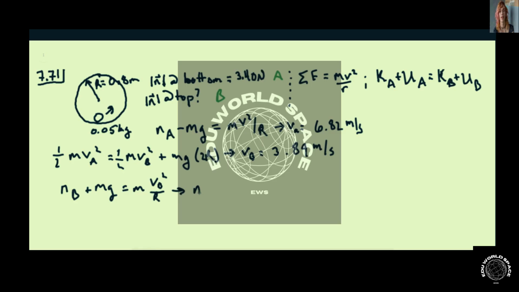So the normal force is equal to the mass times the centripetal acceleration minus the acceleration from gravity. And then this works out to be